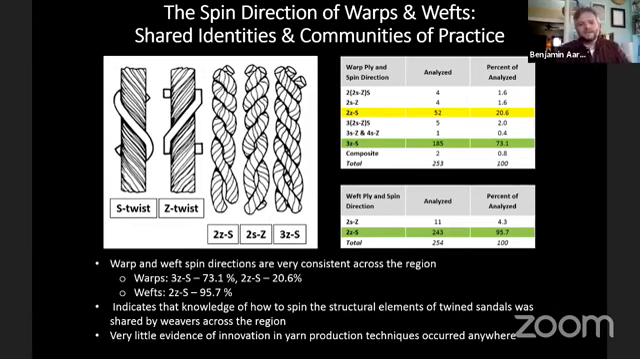We're making these sandals in the same way. They spun their yarn in the same directions. And the same with the weft yarns. 95, almost 96% of all the sandals had this 2ZS warp, wefts. So again, that tells us at a very basic level, there's a shared knowledge of how to make these